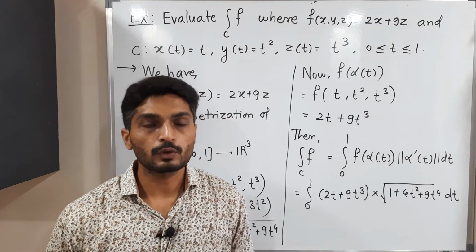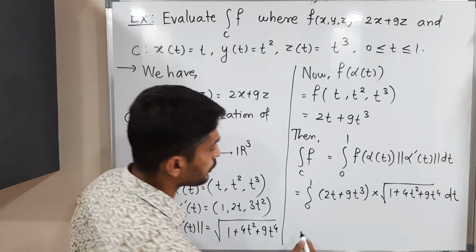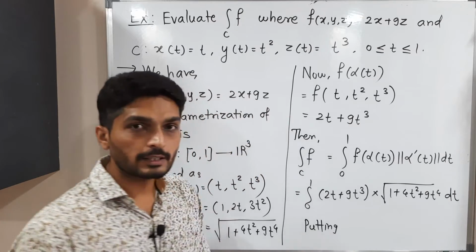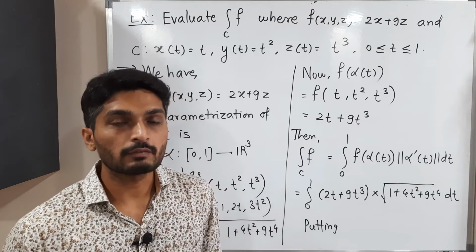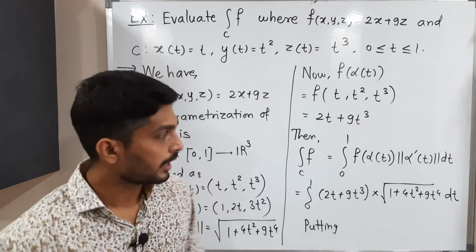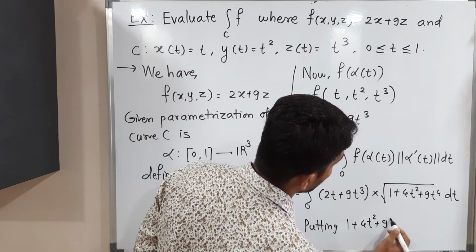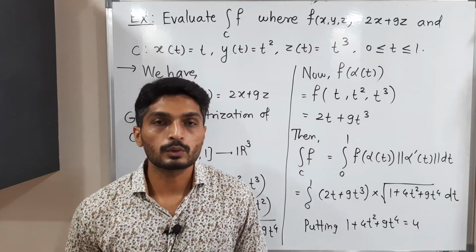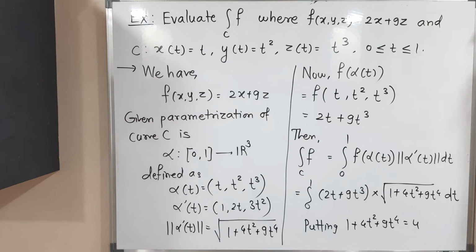We cannot solve this problem directly. There is a need of substitution. Normally, whatever we have inside a square root, or as a power, or as an angle, we put it as a new variable and try to bring its derivative there. I will do the same. I am putting 1 plus 4t square plus 9t raised to 4 as u, since it is in a square root and so it is difficult to calculate its integral. There is no more space to solve, so let me make a screenshot of it and then we'll go further.